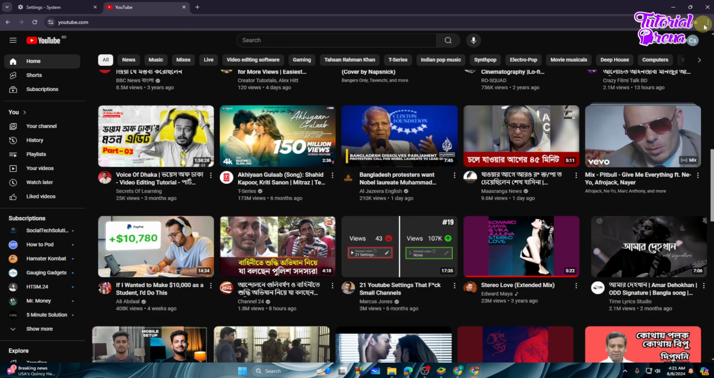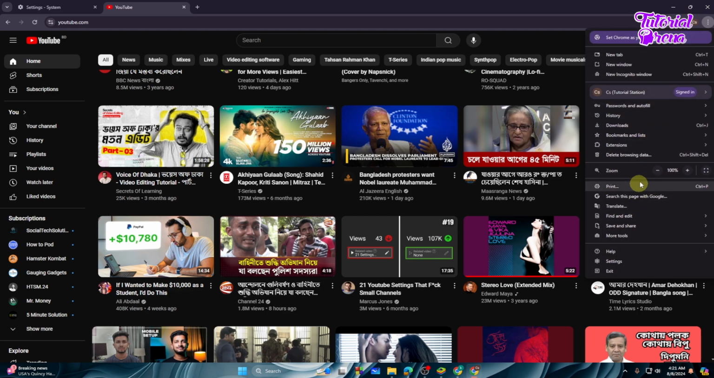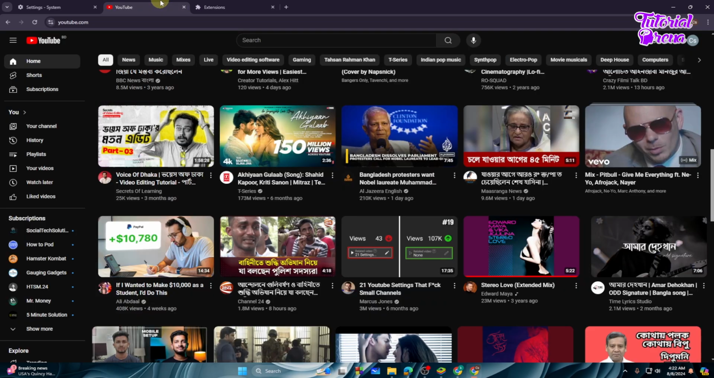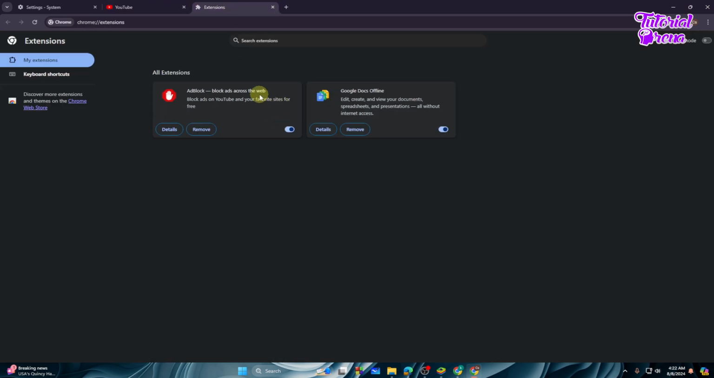Then from here you will see three dots, and then you need to go to Extensions and then Manage Extensions. You're probably using an ad blocker. So that is the reason why you are getting this issue, I think. So you probably need to disable the ad blocker to ensure that YouTube is not lagging. The main problem could be the ad blocker, because recently YouTube updated its version, and now